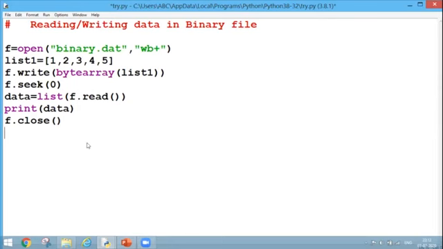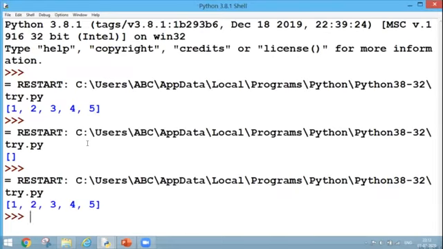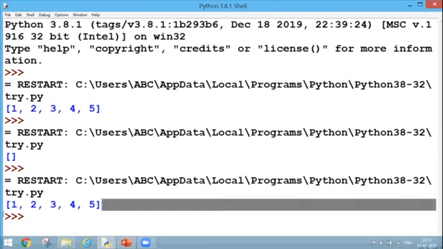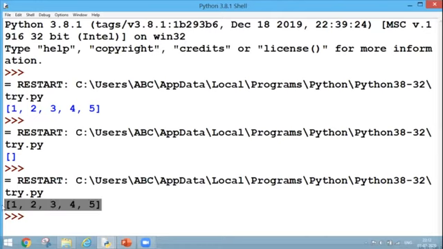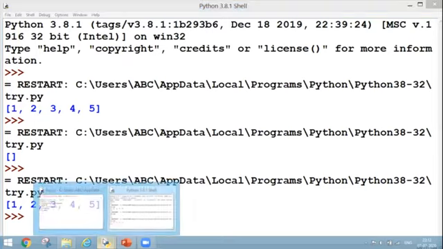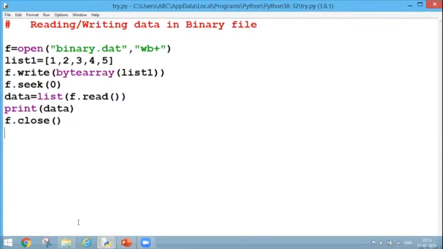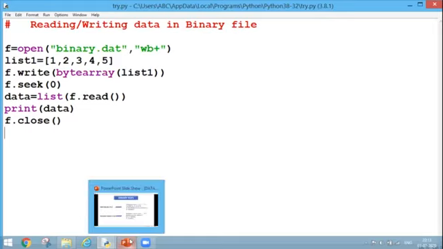Let's see it. F5. And as you can see, my data is printed and has been read from the start of the file till the end. So in this way, we can use our seek method here also, once I'm using my WB plus mode. Let's move back.